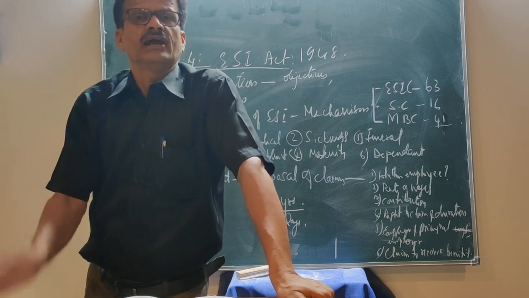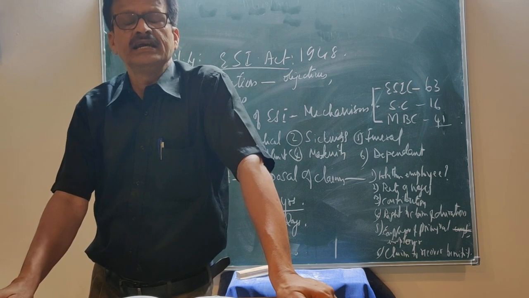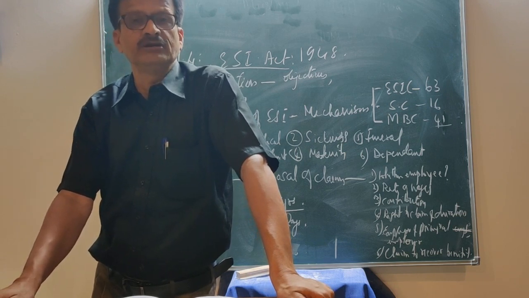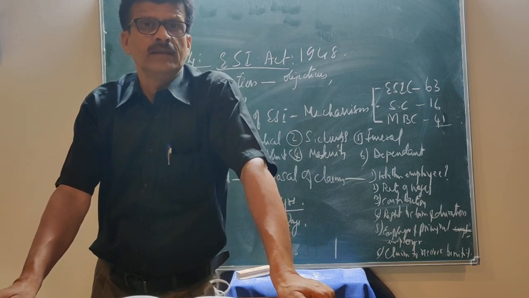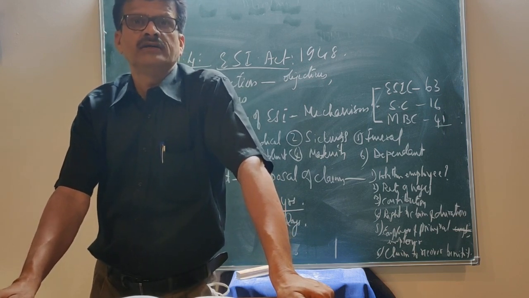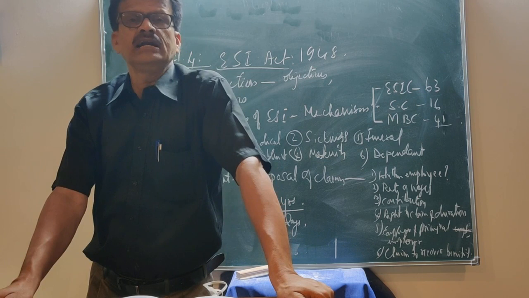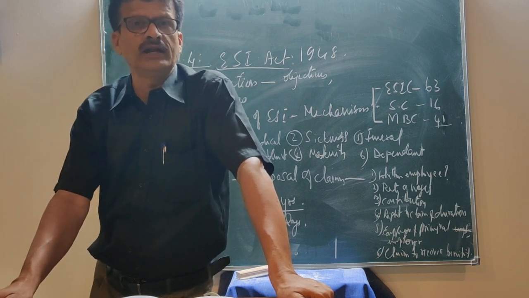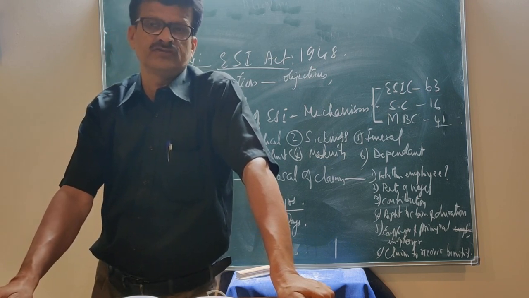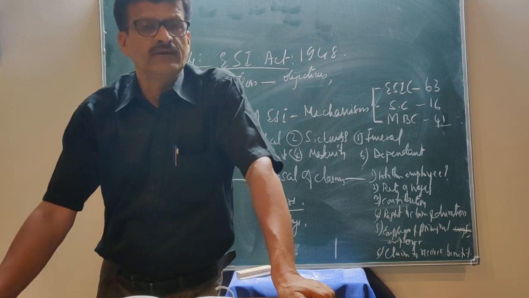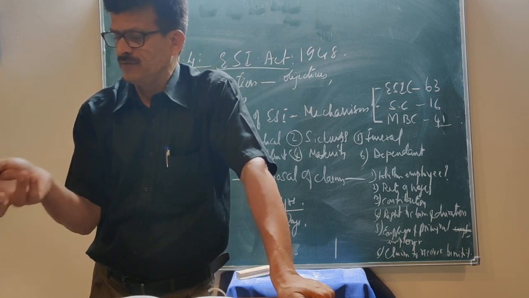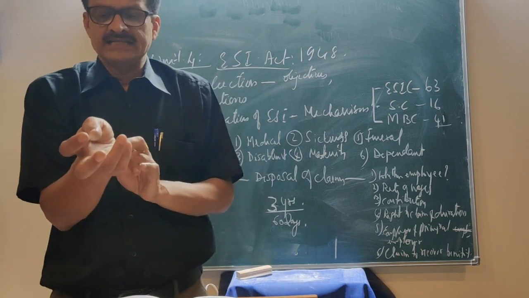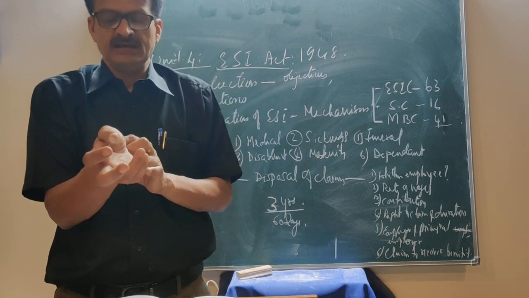Okay. There are two benefit periods in the ESI Act, in the administration of ESI benefits. The first benefit period starts from April 1 and ends on September 30th. The second benefit period starts from October 1 and ends on March 31st. So 6 months each. Why I have referred to these two benefit periods is that in case an employee